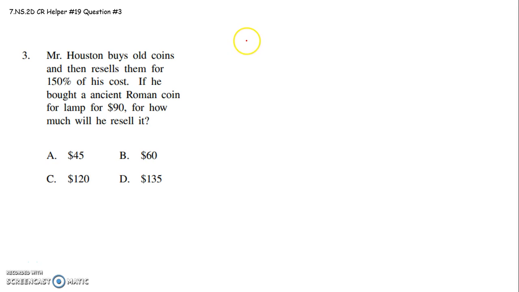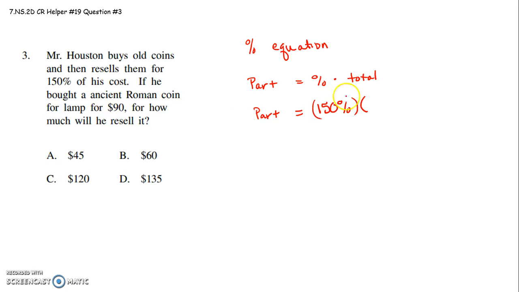Okay, I'm going to start by using your percent equation because I believe that is how your teachers will present this to you this year. Percent equation: part equals percent times your total. Your percent has to be written as a fraction or a decimal to actually use it. So we're looking for the new price, the part that is 150% of the total that he paid,